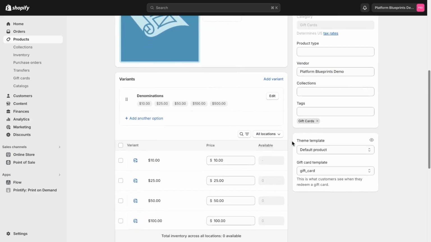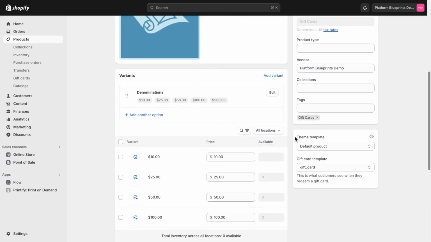In the bottom right-hand corner, you have the theme template that this product is being applied to. You have a drop down, so if you've built other theme templates that you would like to have for products themselves, you can select those. Otherwise, default product will be what's selected. You can also view the template that it is being applied to, but again, finish your edits before moving on